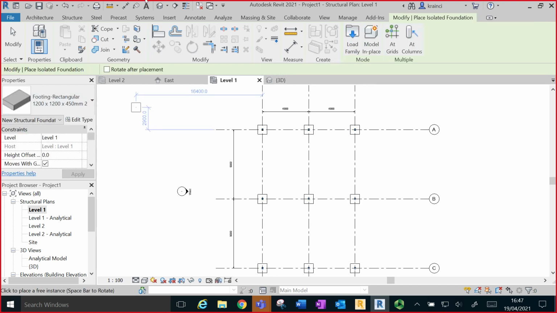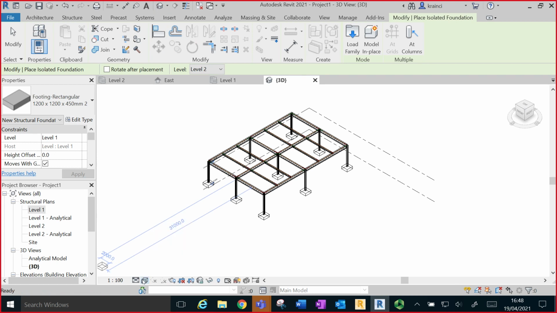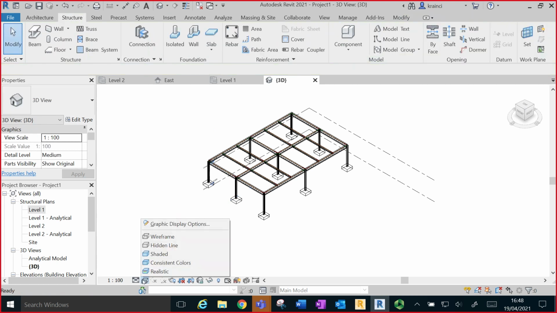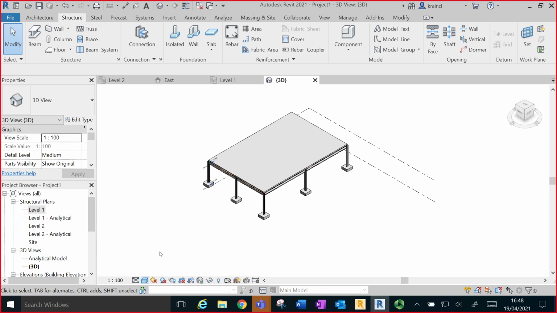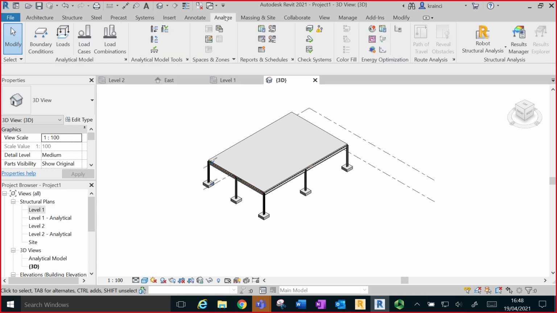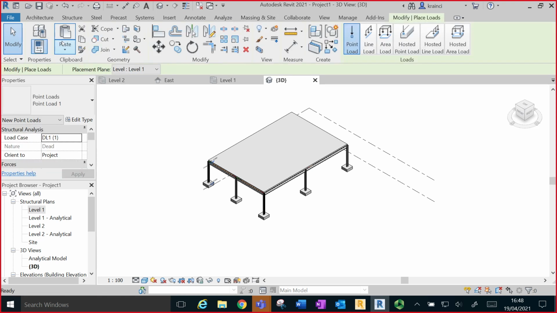So in terms of Revit, this is all that needs to be done. So it's not a long process of modeling, just as well, because you need to also transfer it to Robot and get the results in your test. So this is all really, except we just also need to add the load, and that is in the Analyze tab, Loads,